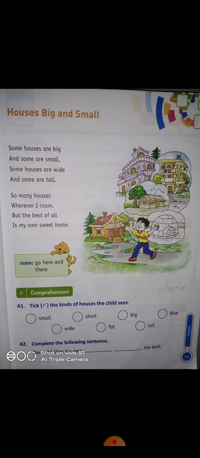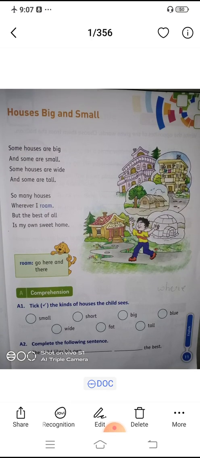So many houses where I roam, nowadays we can see very new houses, isn't it? Wherever we go in our city, we can see many different kinds of houses. So here a boy is going to wander, roam in the sense go from here to there, means he is going to wander the city where he can see the houses, but finally he tells whatever the houses, big or small, our own home is the sweetest home.